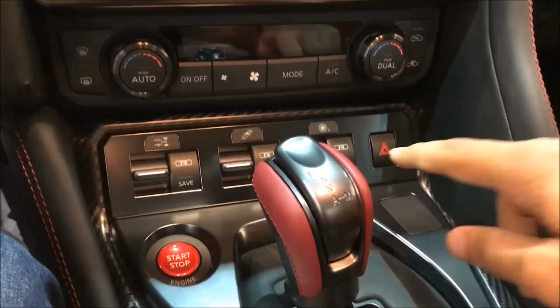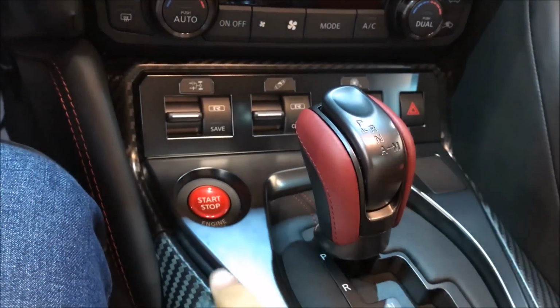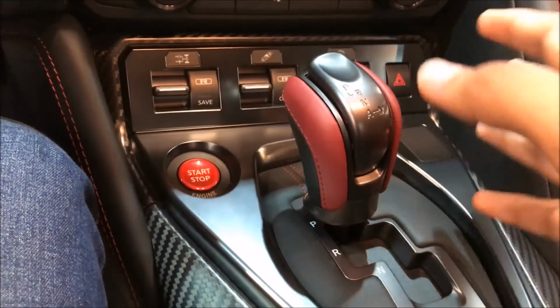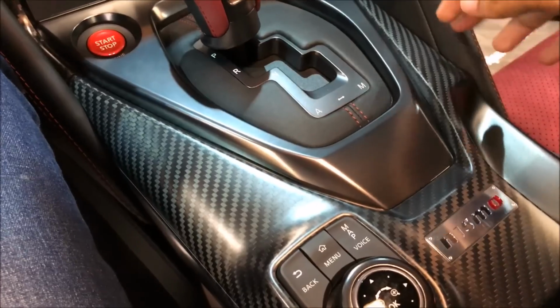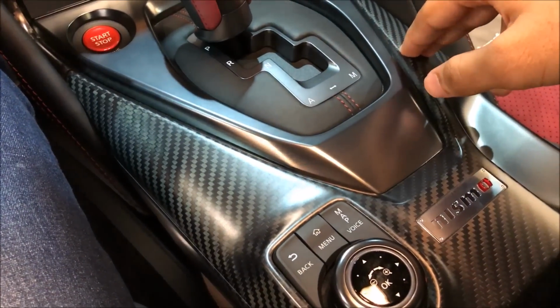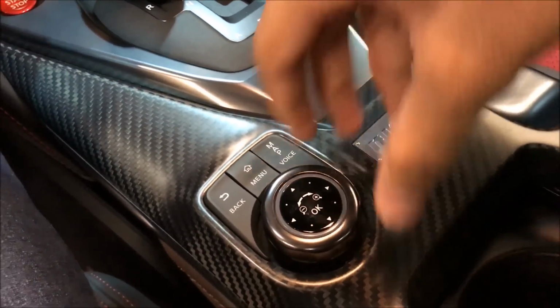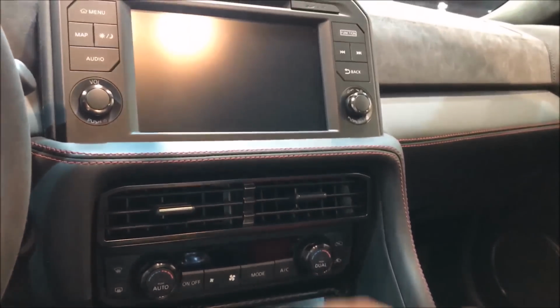Here we have the suspension control, the wheel drive system and the rear wheel drive system, the start stop ignition, 6-speed dual clutch transmission. Now here you can see the entire panel on the sides are covered in carbon fiber, which makes the car even more highlighted. Nismo badge with the controls for the TFT navigation. Fortunately, we also have the touch supportive system, touch interface,